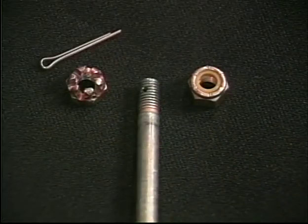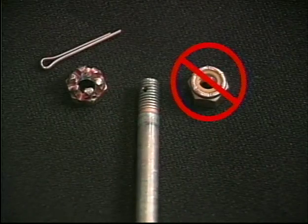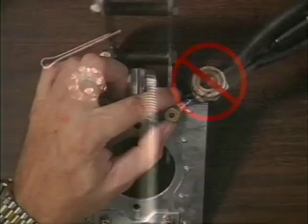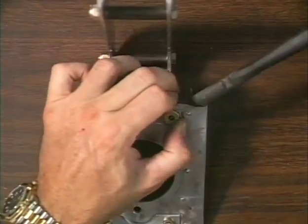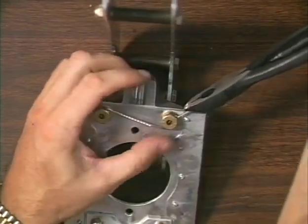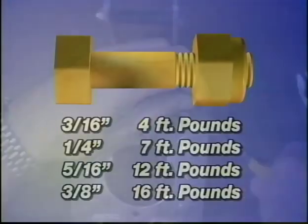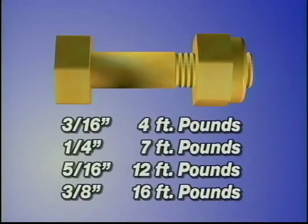Do not use elastic lock nuts on bolts which have cotter pin holes in the threaded end, as the sharp edge of the hole will cut the locking device, rendering it ineffective. All bolts without elastic lock nuts or other locking devices must be safety wired to prevent them from vibrating loose during flight. Use the following torque specifications on 3/16 through 3/8 bolts unless otherwise noted in the construction drawings or